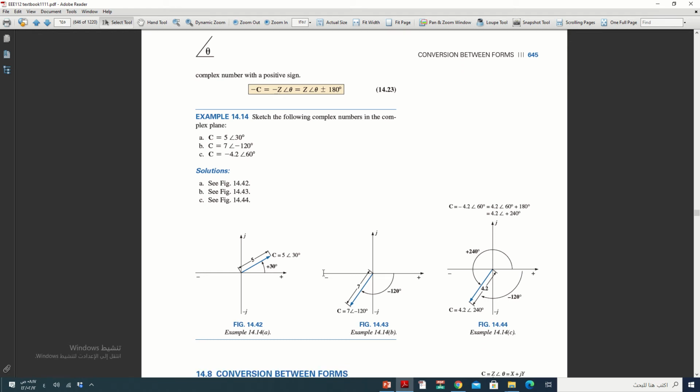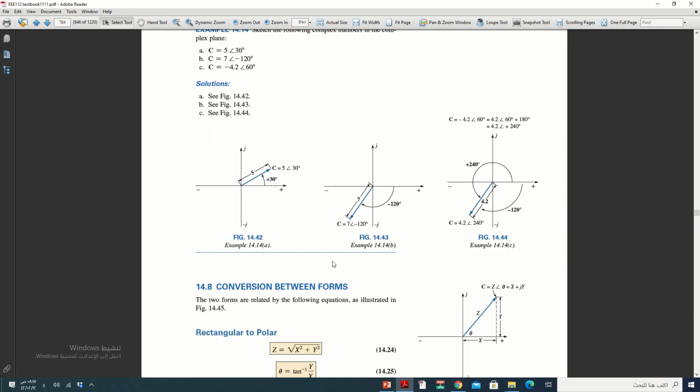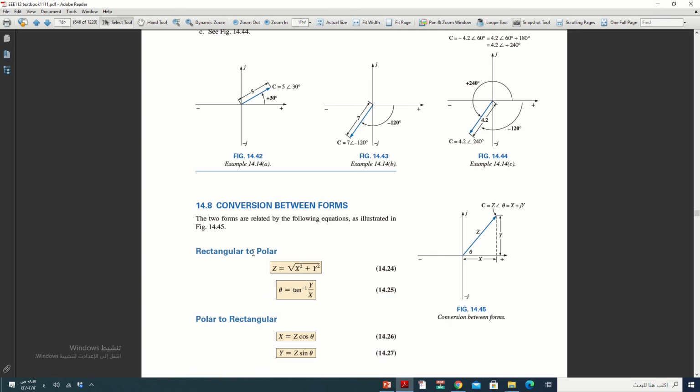Okay, now in our course we need to convert from rectangular form to polar form or the opposite. How to convert this number from rectangular form to polar and from polar to rectangular? Okay, z equals,